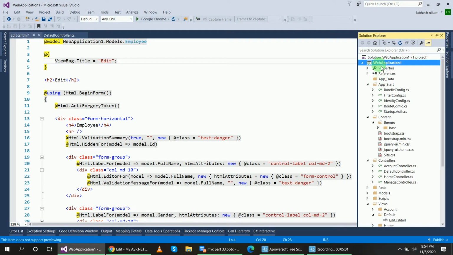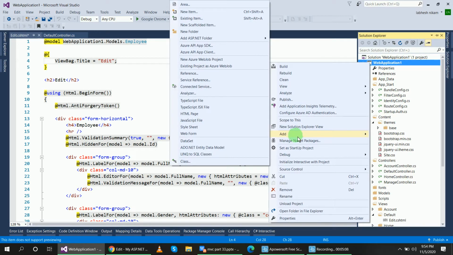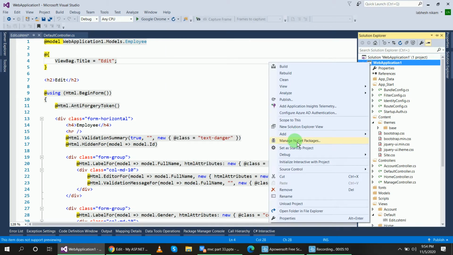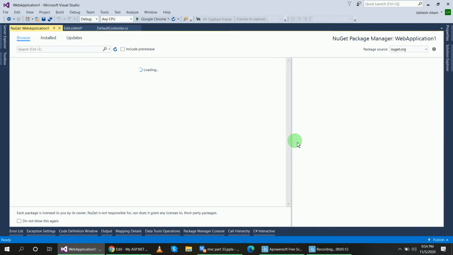Right click on this web application project and manage NuGet packages. Here you write jQuery UI. It will display the jQuery UI files, but I have already installed them, so I don't want to install them again.